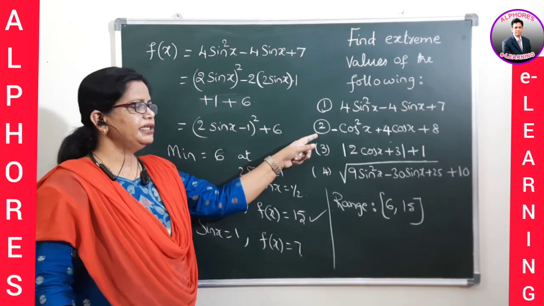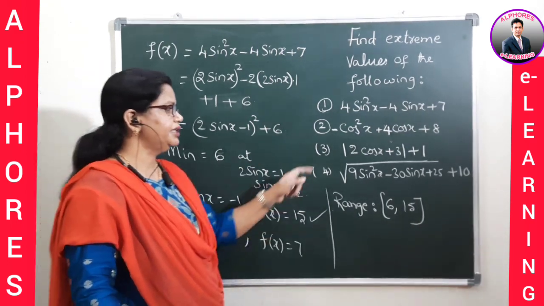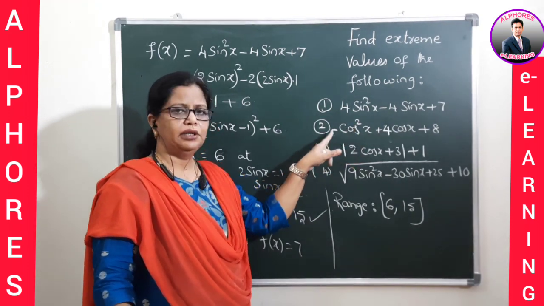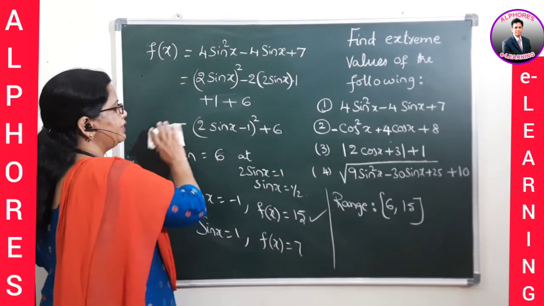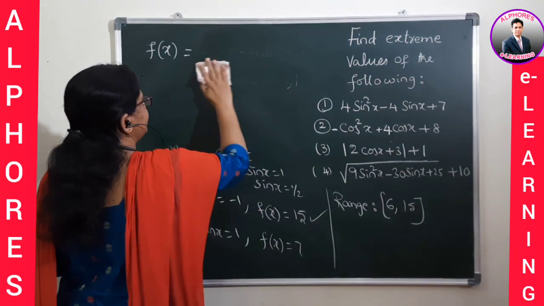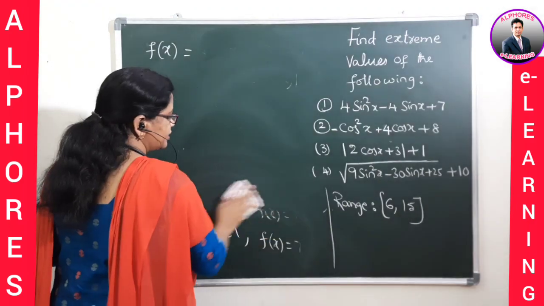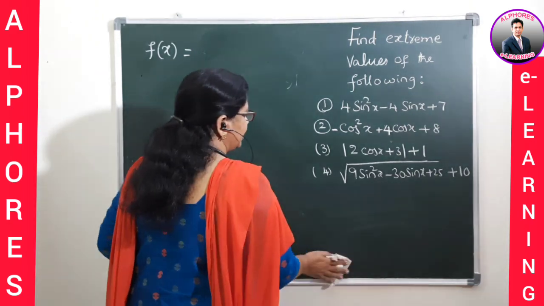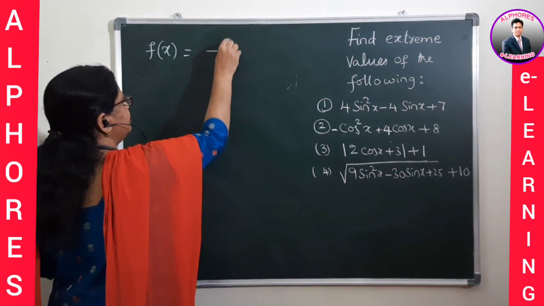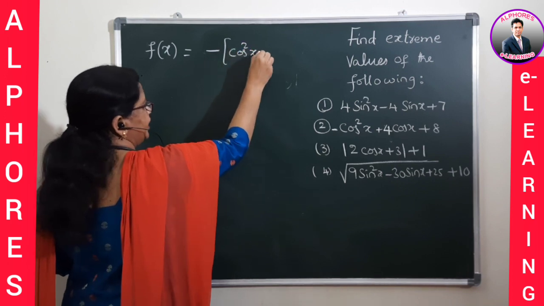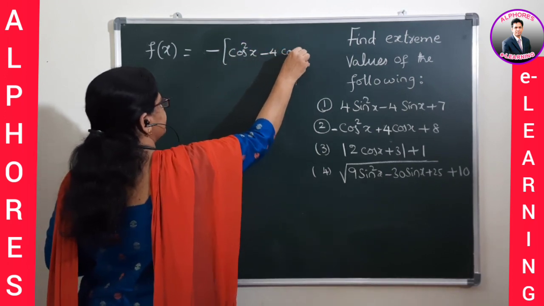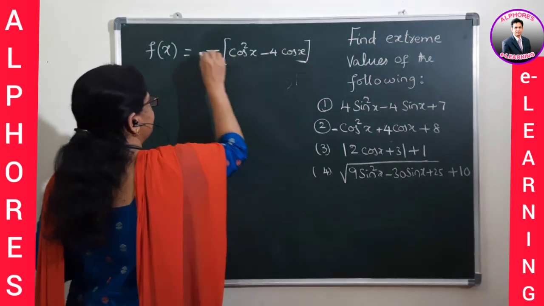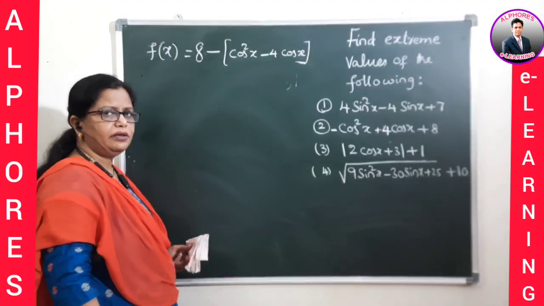Now let us observe the second example. Observe that in the second example, you have a minus symbol before the highest degree square term. As you have a minus symbol there, first of all let us take the minus symbol common, so that we can arrange it again as a perfect square. First I am writing minus common, so that we get cos square x and next minus 4 cos x. Cos square x minus 4 cos x, and this value 8 I am writing completely outside.